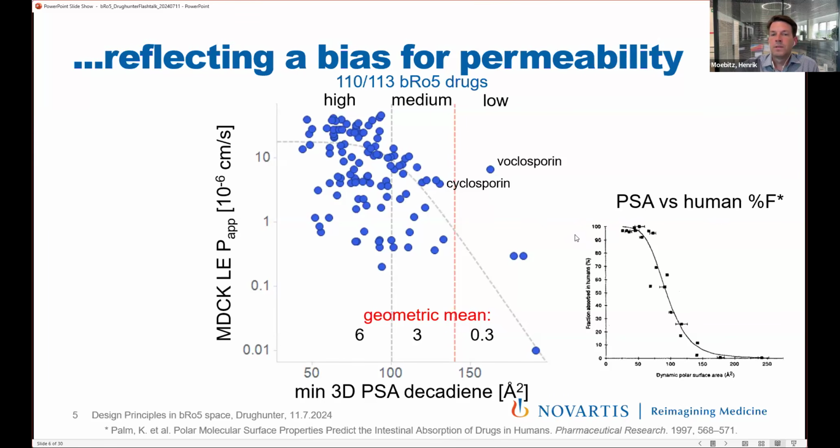What is also implicit in this plot is that there is a high disconnect between TPSA and 3D PSA, because some of the compounds here have TPSA up to 250 or 300. And the highest values that we see here are slightly above 150. And so because we have the